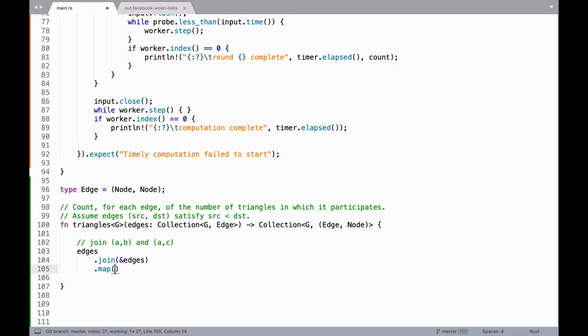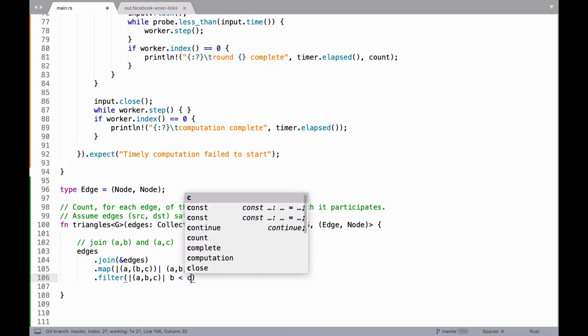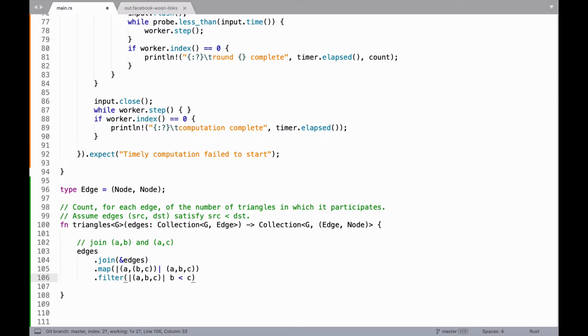So let's map A comma B comma C to A comma B comma C. This is a little wrong right now because we want to filter these A comma B comma C, because we only want to retain those for which B is less than C. But now we have a triangle A, B, and C, and since we have to produce these counts for each of these triangles,